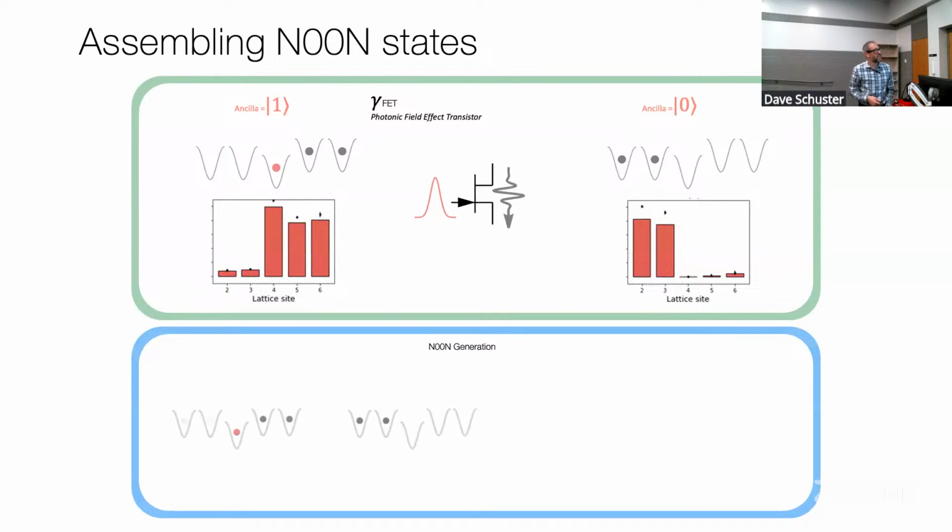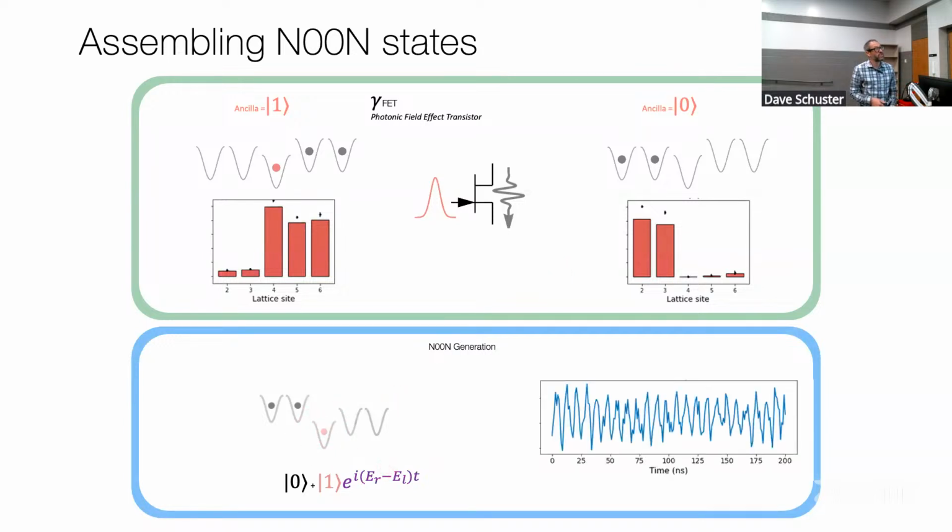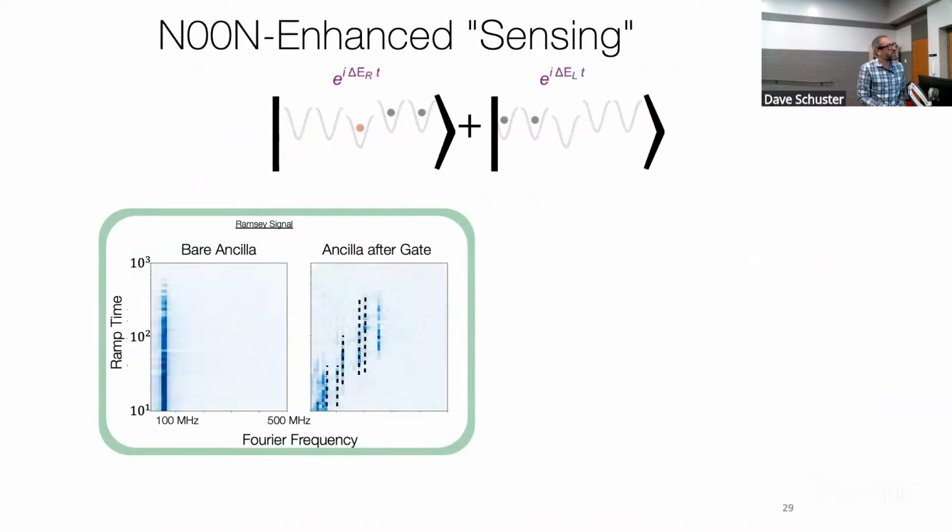And again, we're going to use our same many-body Ramsey interferometry trick to measure it. If we do Ramsey on this middle qubit here, we should be able to measure the energy difference between those two states. And what you get here is some fringes. But what's cool is that